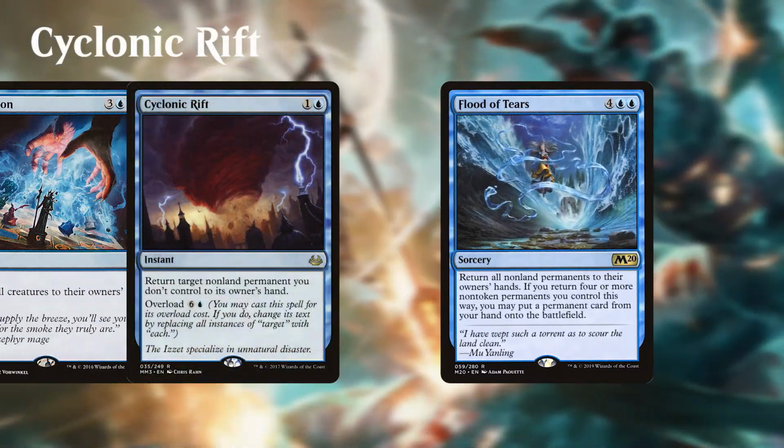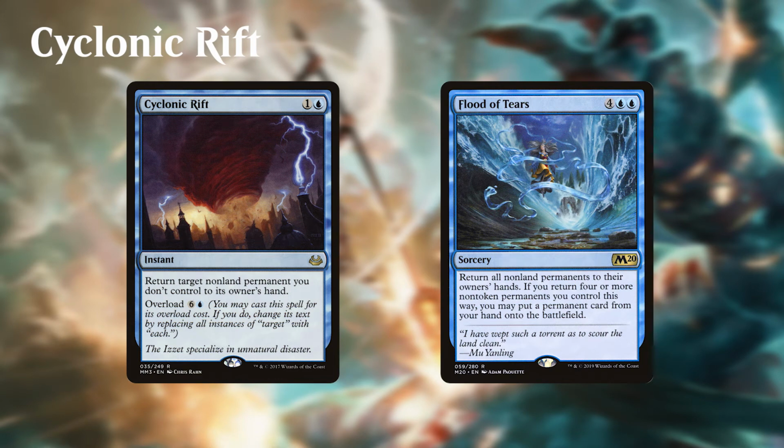Yep, it sure does. All right, and so the next one is Flood of Tears. This card is pretty sweet as well. It basically throws everything back to everyone's hand. Non-land permanents, right? Yeah, it's 4 blue for a sorcery and says return all non-land permanents to their owner's hands. If you return 4 or more non-token permanents this way, you may put a permanent card from your hand onto